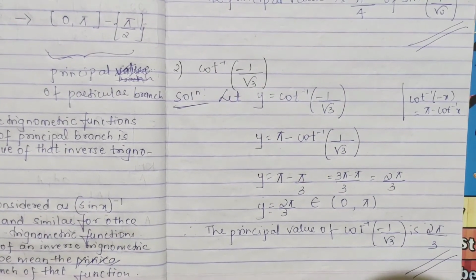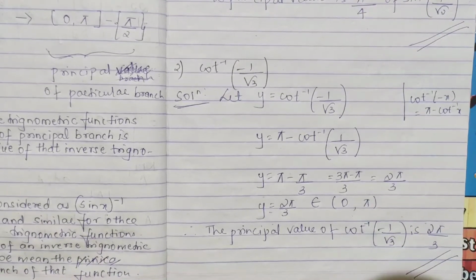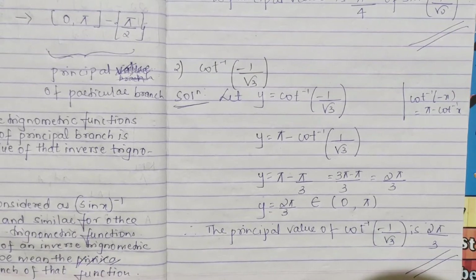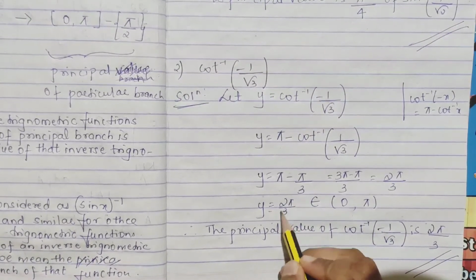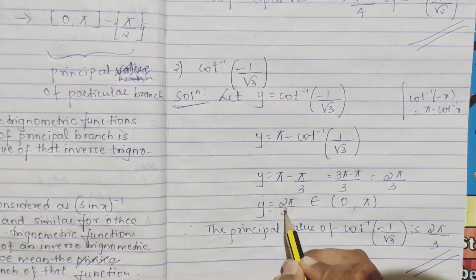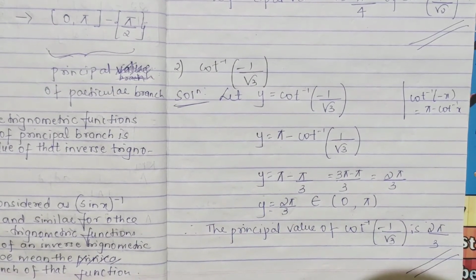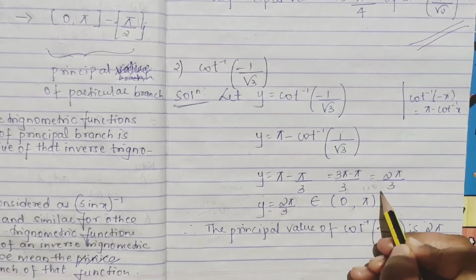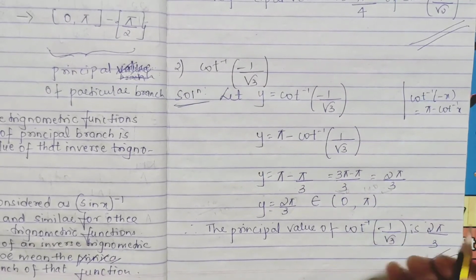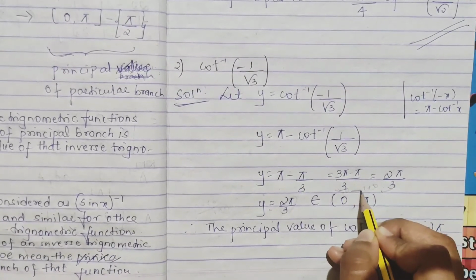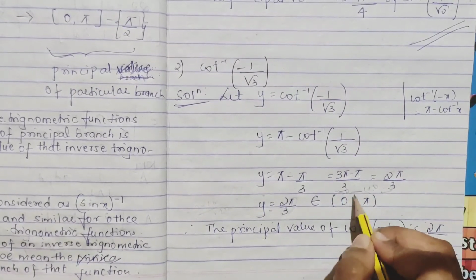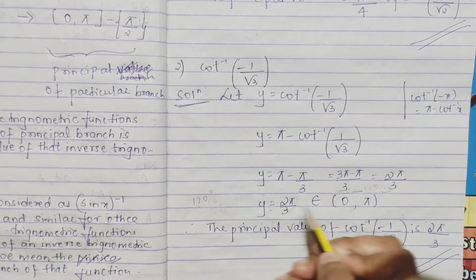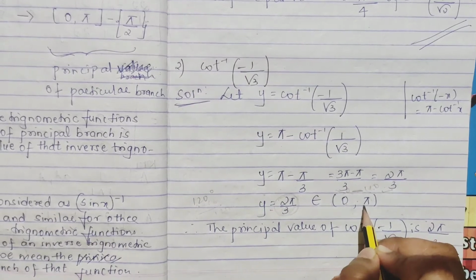One method I have shown you how it will be. If you don't understand whether it is lying or not, you have to convert this into degrees. Pi by 3 means what? 60 degree, right? 2 into 60, 120, right? And this is what? 0 to 180 degree. 0 and 180 are not included. Why? Because it is an open interval. So between these angles, whatever it is, it belongs to this. So you get here 120 degree. This lies between this, yes. So you should write belongs to.